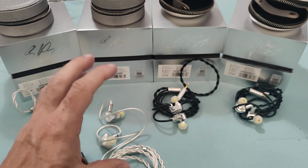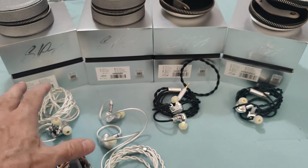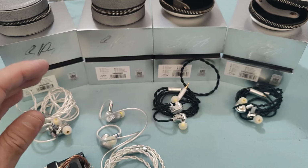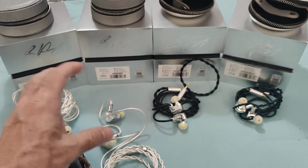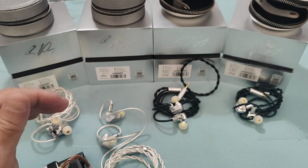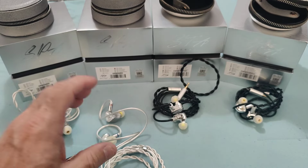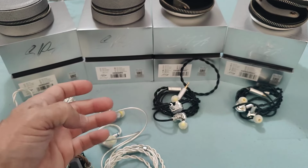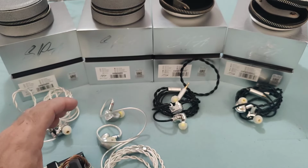And what that has brought to the equation is a tuning which is very similar. I mean, you can definitely tell these are brothers. It's just the energy level that we have past pinna gain on one and on the other is slightly different. Okay, you can say that perhaps on the Hi End Max that energy level is a little bit more as compared to the bass, while here it's more on the level of what we have on the bass. But on the other hand, because we have now a different impedance rating, sorry,